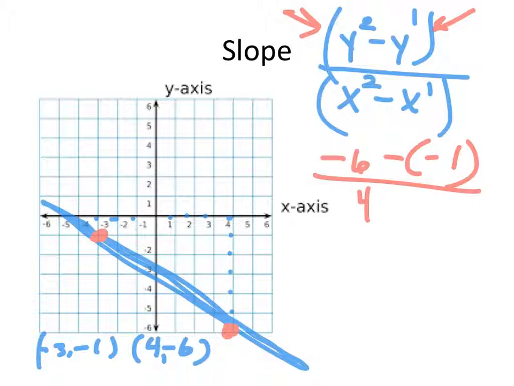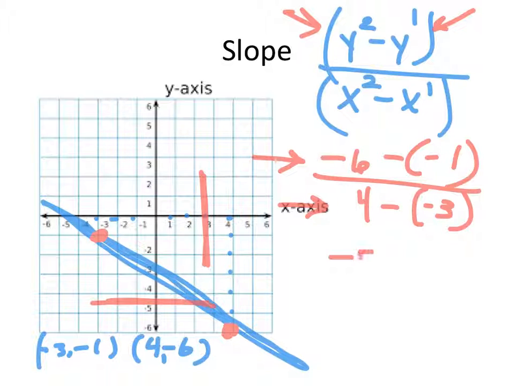x2, 4, take away x1, -3, is the bottom of my formula. The top is giving me the difference, the range, up and down. The bottom is giving me the range side to side. And when I put one over the other, that's telling me the slope. So -6 minus -1 is -5. 4 minus -3 is 7. So my slope is